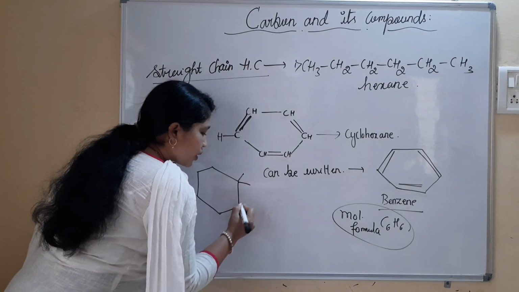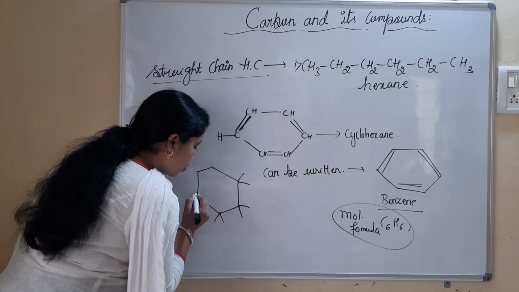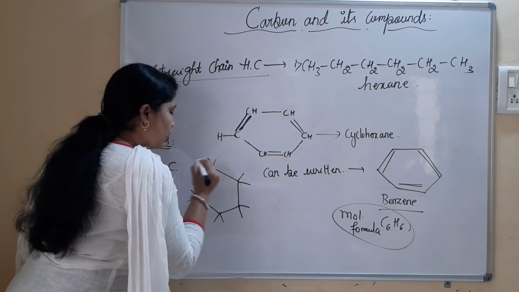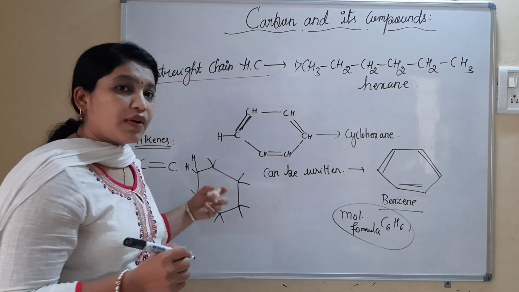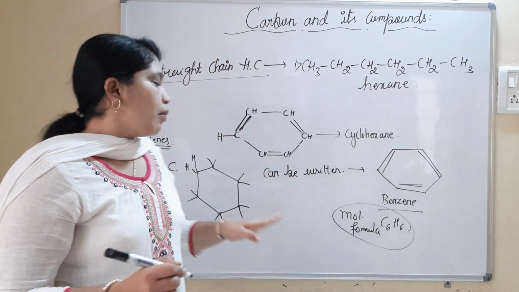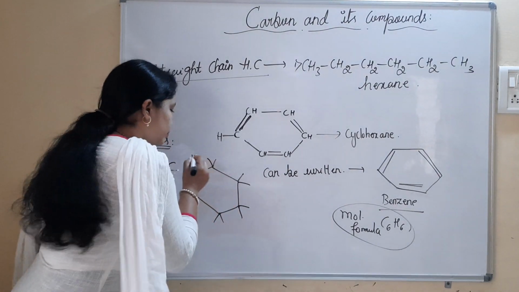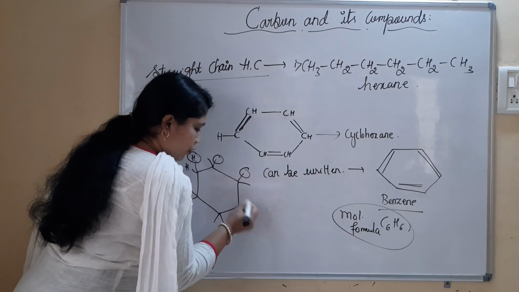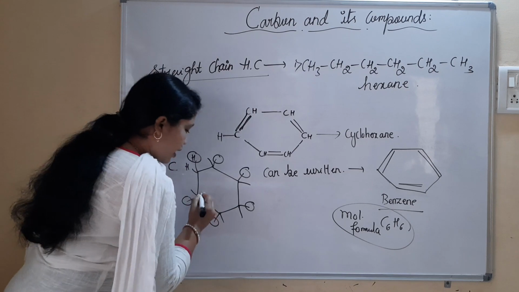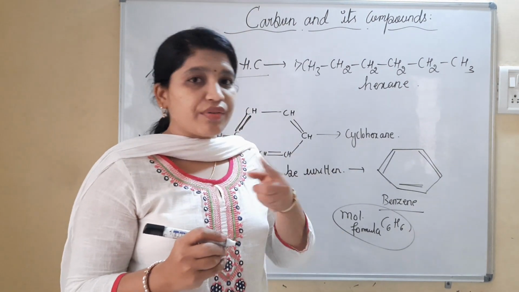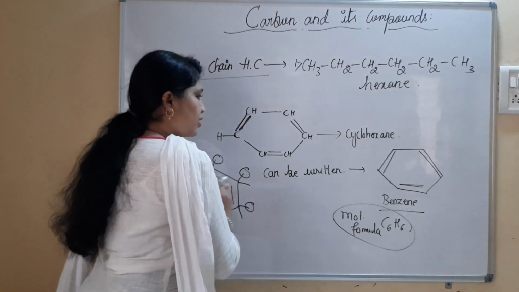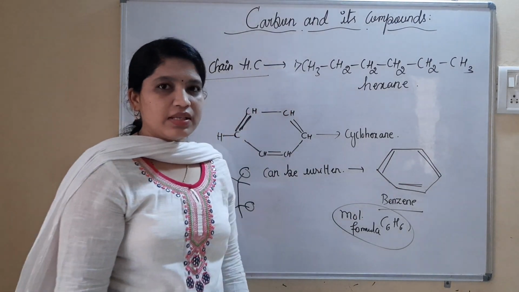It indicates each carbon has got 2 hydrogen atoms. Can you see? 2 hydrogen atoms are present for each carbon. Now it is referred to as cyclohexane. But when you replace one hydrogen atom from each carbon atom and put the double bond for alternate carbon atoms, then it is referred to as the structure of benzene.